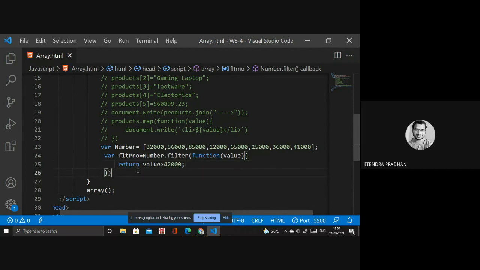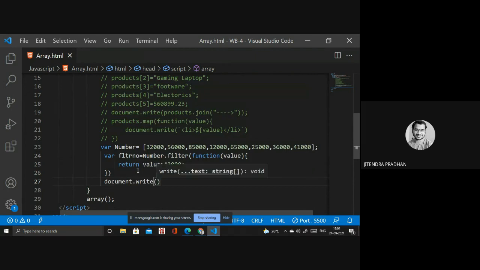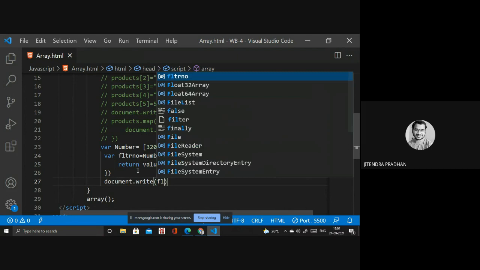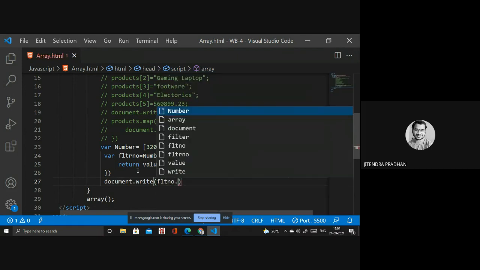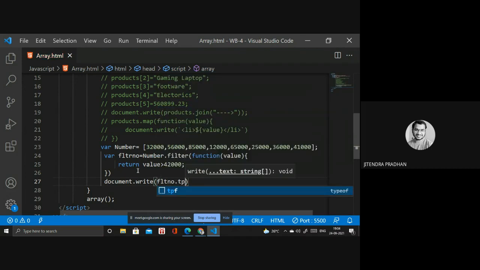And next I want to print the number: document.write, and it will print the number. So FLTR number.toString.